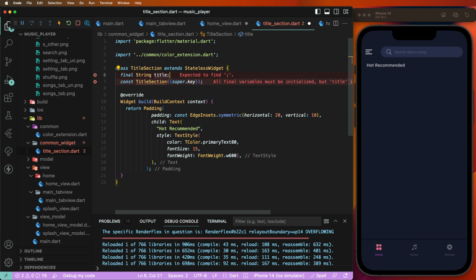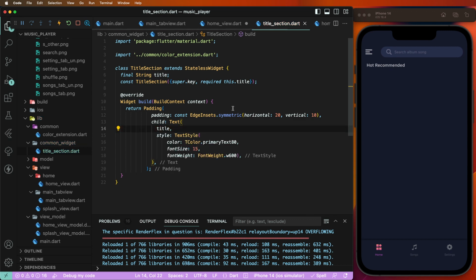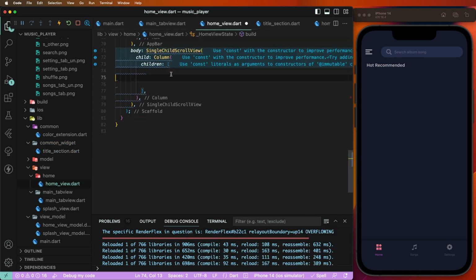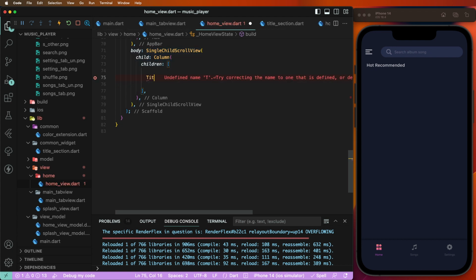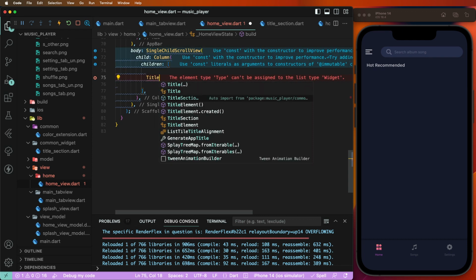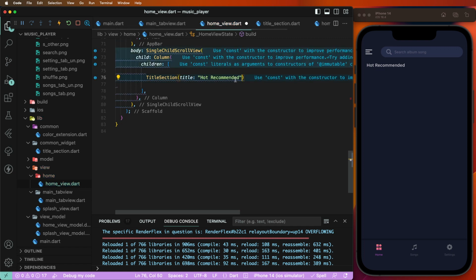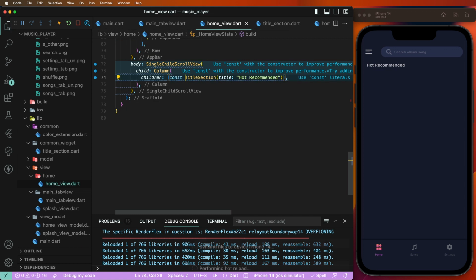Titles need to set this here, and to create here the required this dot title. Now need to pass this here title. Save this here. Now need to pass this value here and to set here title sections, this value here, and to set here the const value. Now need to run this here,